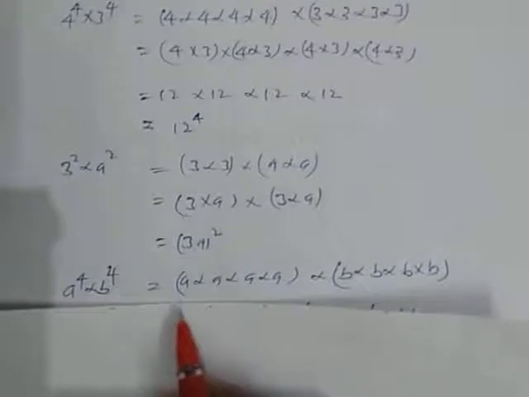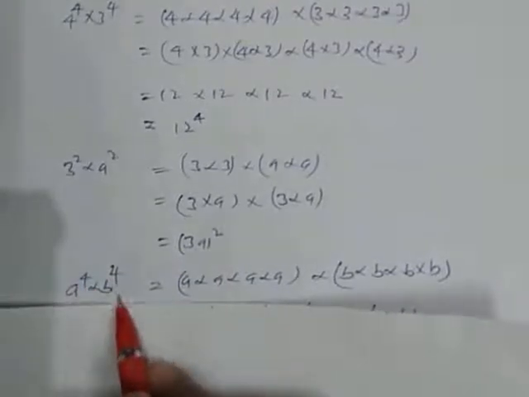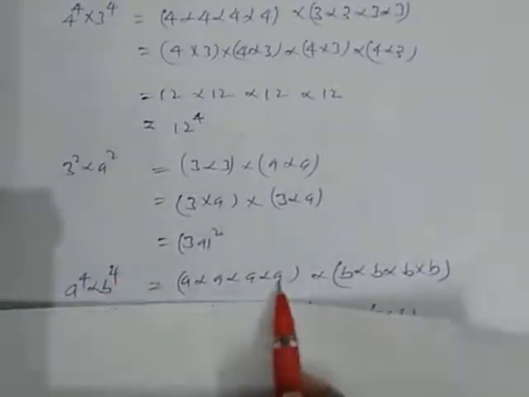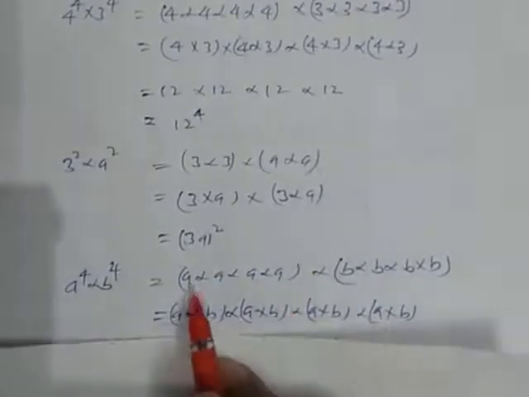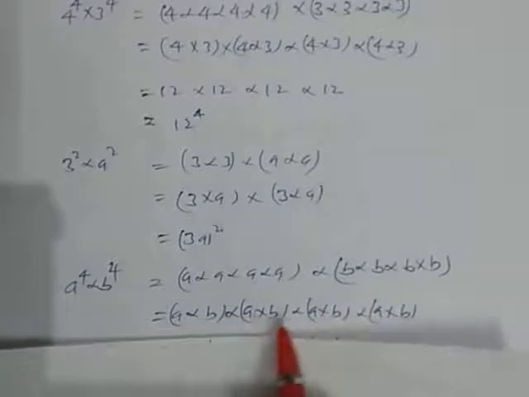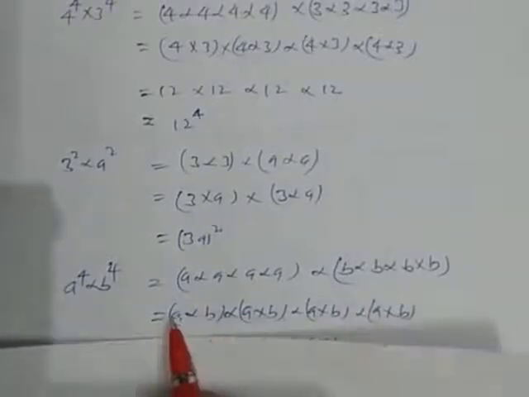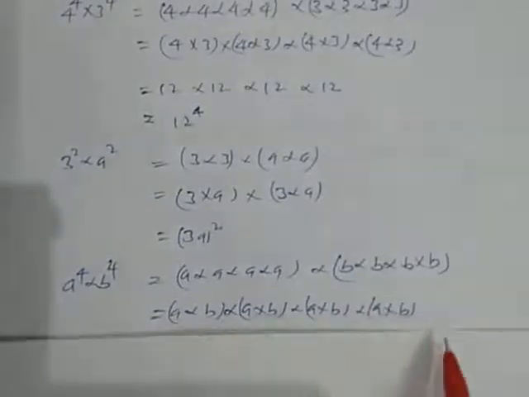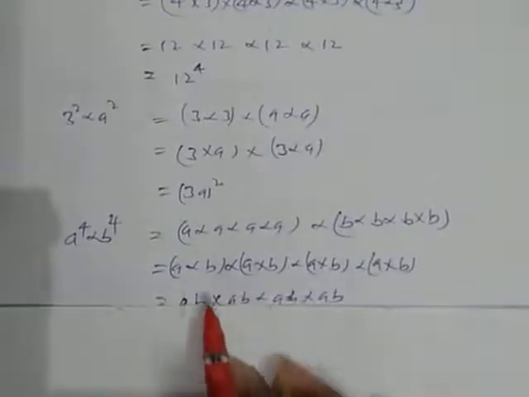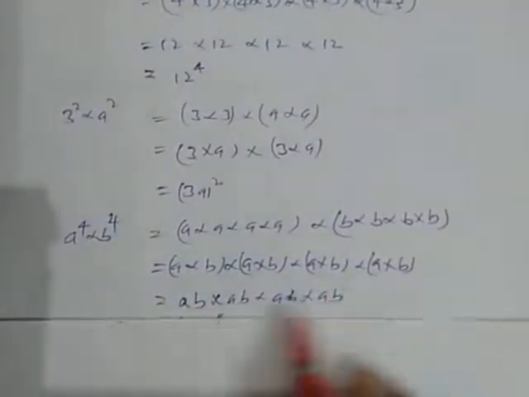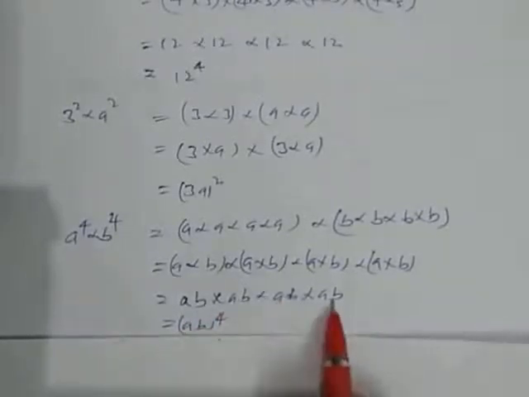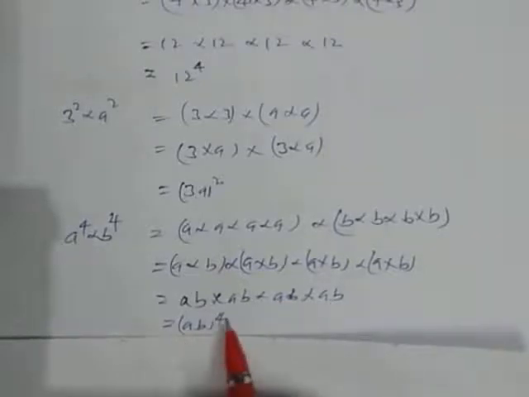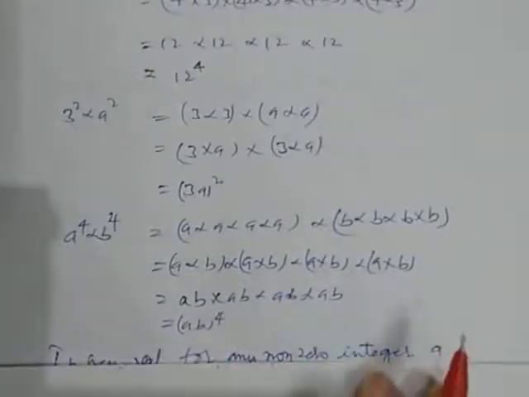Again, now we take one more example. a raised to the power 4, b raised to the power 4. So we write a 4 times and b 4 times in multiplication. Take one from each. So we get a into b, a into b, a into b, a into b. We get 4 pairs. So this can be ab, ab, ab, ab in multiplication. So this becomes ab power 4, because ab comes 4 times in multiplication. So this becomes ab raised to the power 4. So this way we can express.